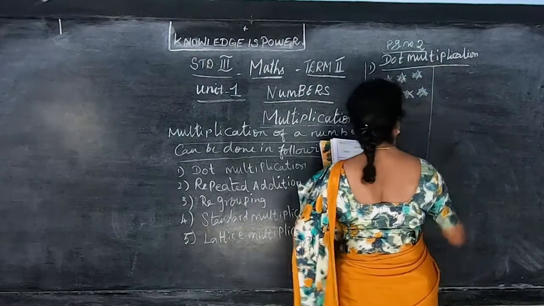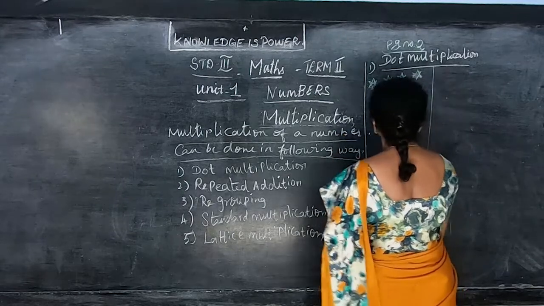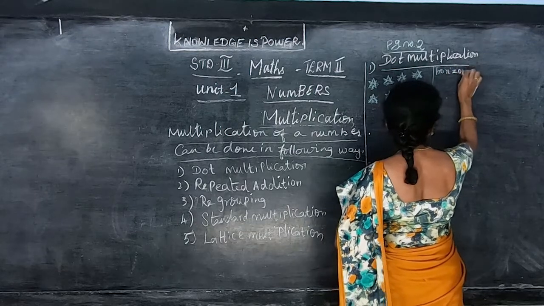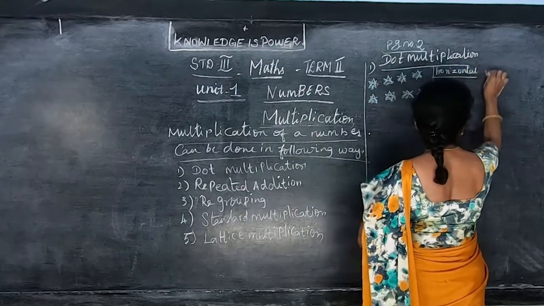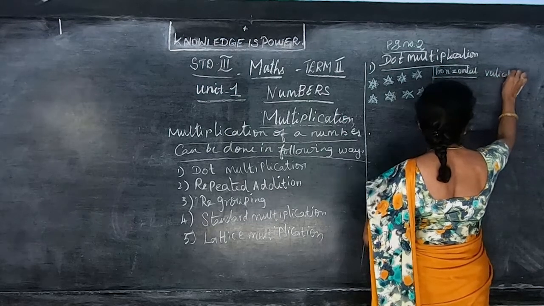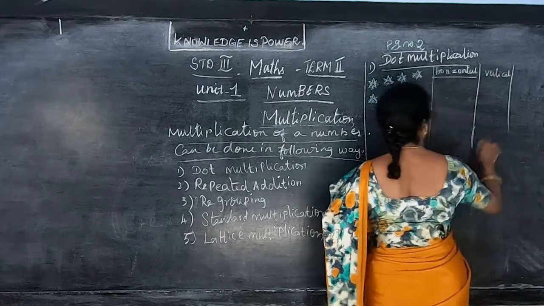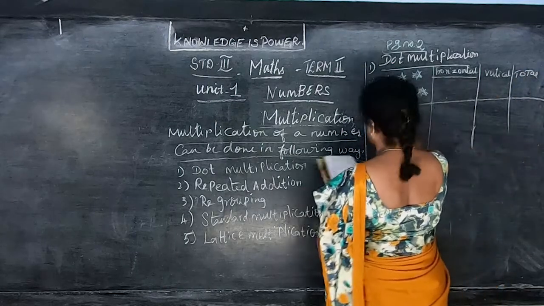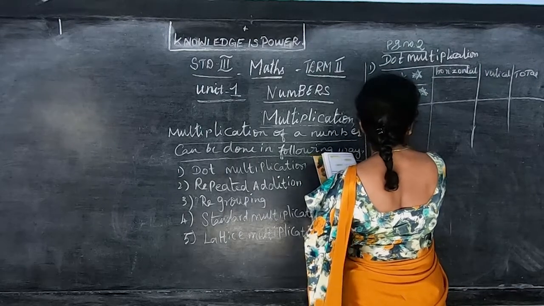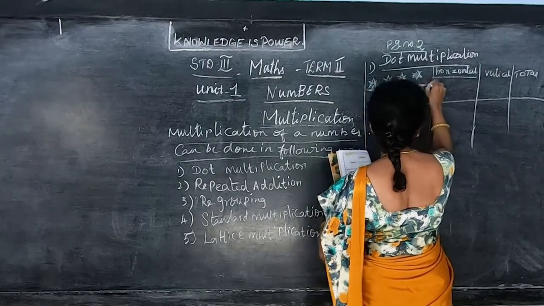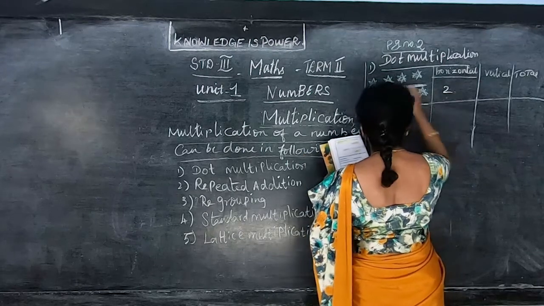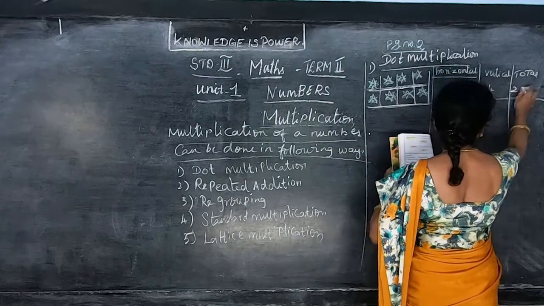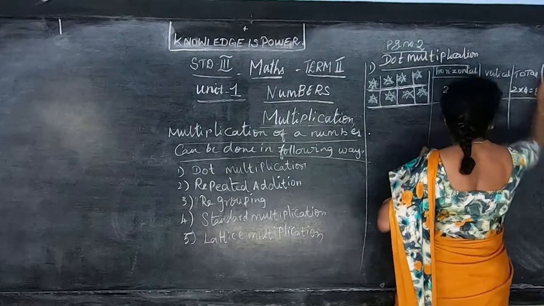So here they have given the horizontal rows. What is this? Horizontal. Then vertical. Then total. So what do you mean by horizontal? The horizontal is 1 and 2. This is the horizontal, and vertical is 1, 2, 3 and 4. So 4 here. So you can write 2 4s are 8.